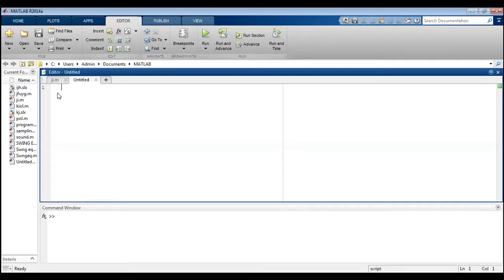I want every one of you to try to solve this theoretically. Please take down the data. Passband edge frequency is 4 radians per second. Stop band edge frequency is 8 radians per second.